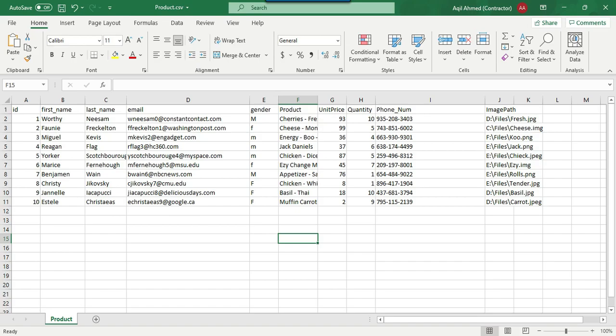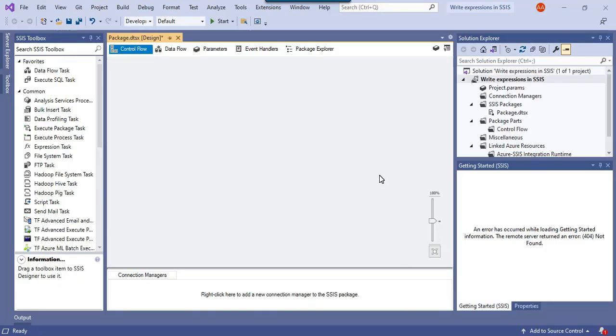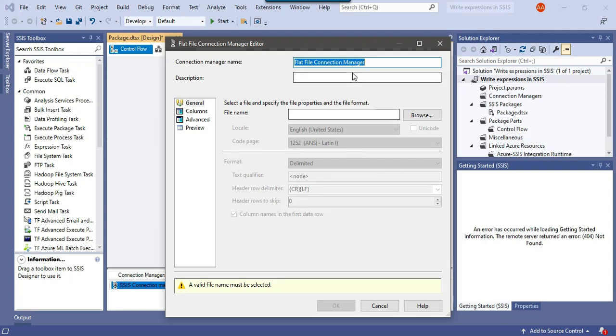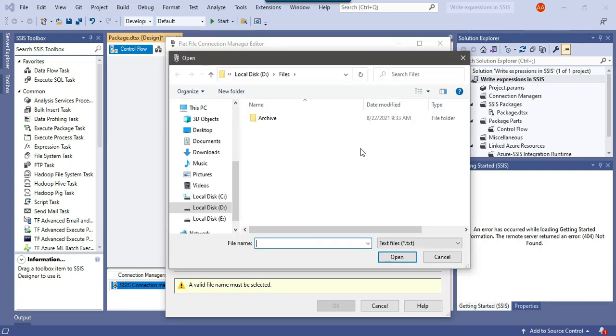Alright, so let's create an SSIS package. I have a blank SSIS package, and first of all let's create a flat file connection. I can right click here and create a flat file connection so that it can connect to the D files folder and load the product.csv file.